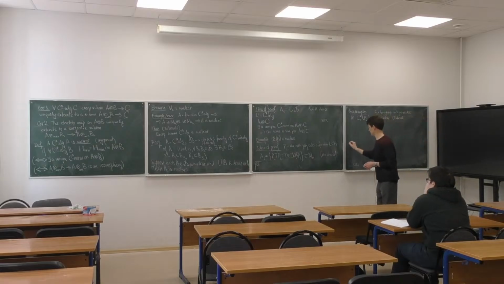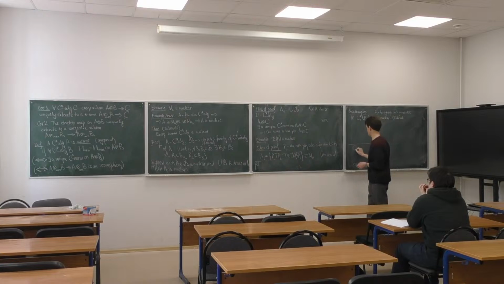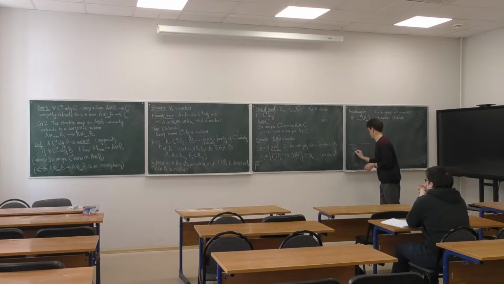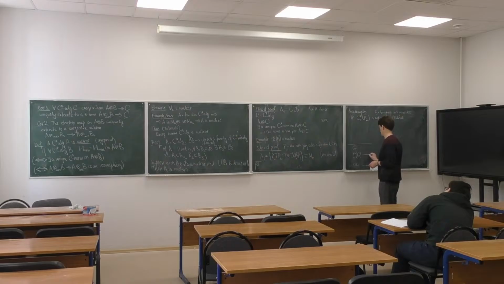This was an example from our first lecture in C-star algebras. So if we take any group G, we can consider the Banach algebra L1 of G, of summable families on G. And we consider the so-called regular representation, denoted by lambda, of this algebra on the Hilbert space L2 of G,